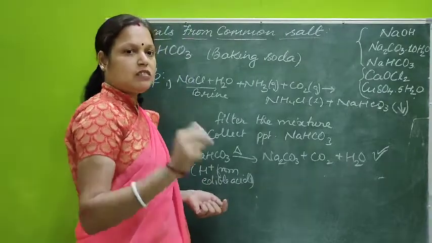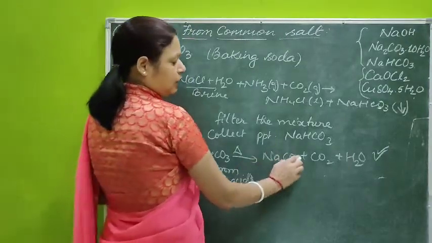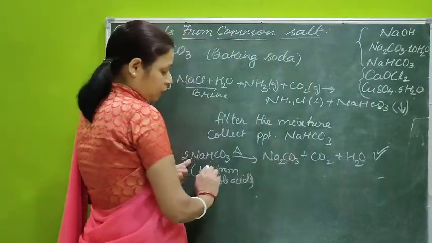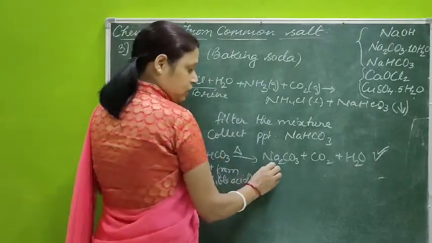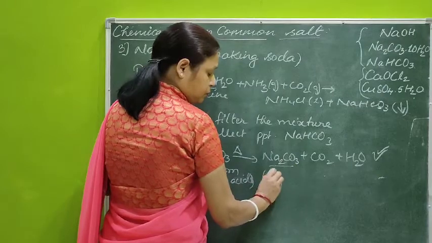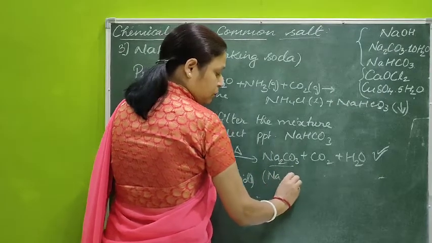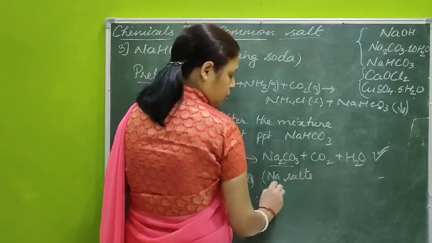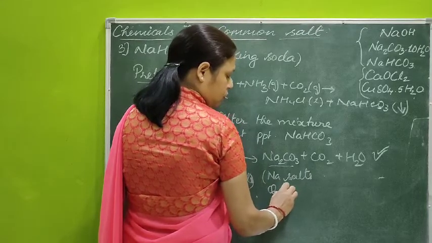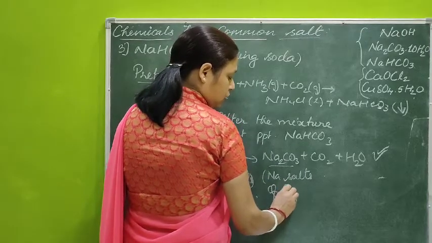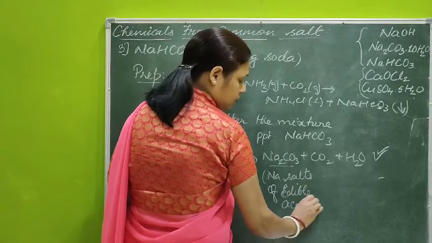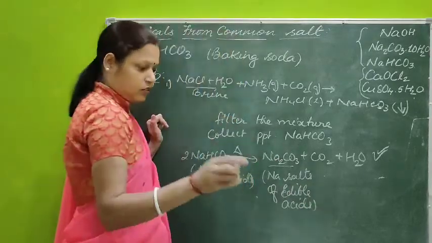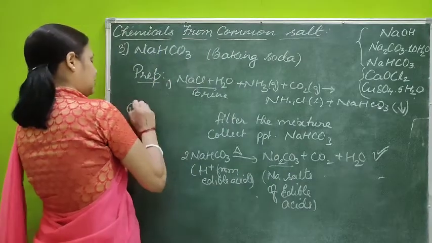व्हाई दैट स्पंजीनेस इज देयर? Sodium carbonate which is prepared when we are using H+ ions, eatable acids also, then instead of this one, sodium salts of eatable acids are formed. Suppose if I take tartaric acid,